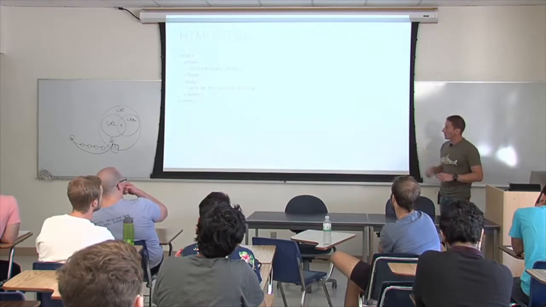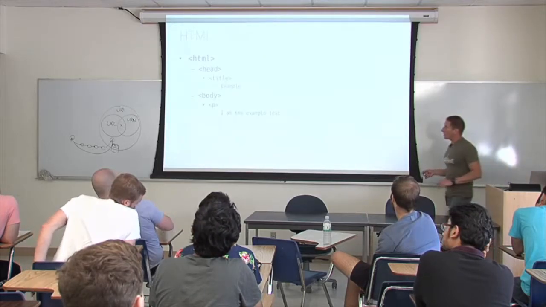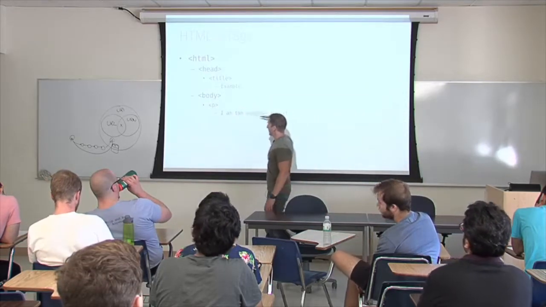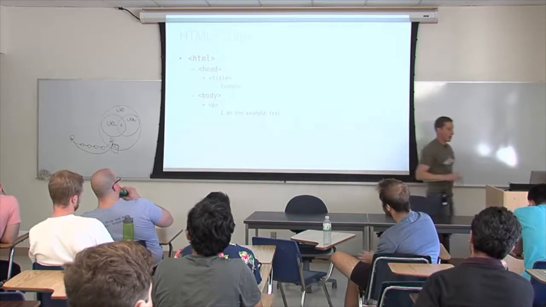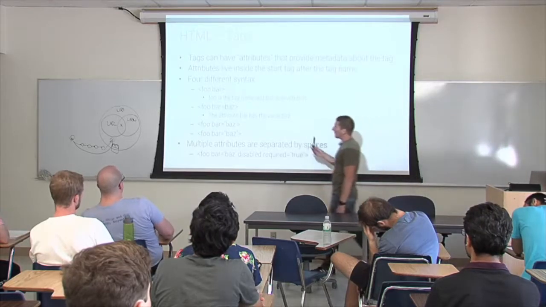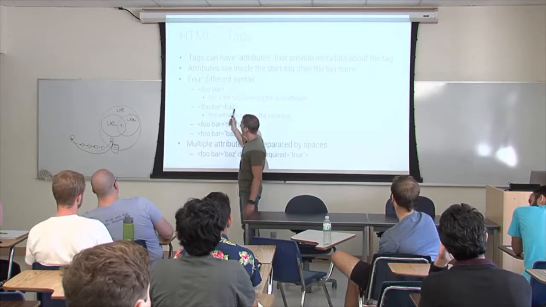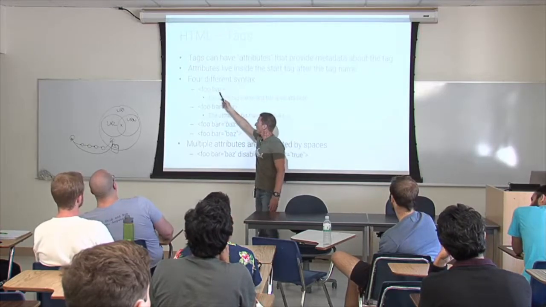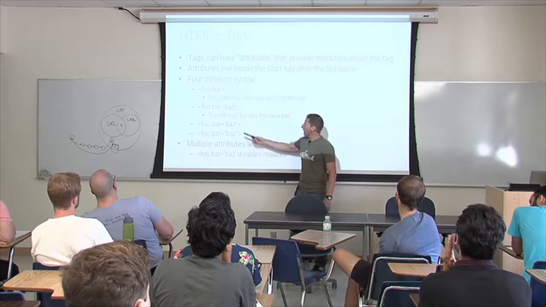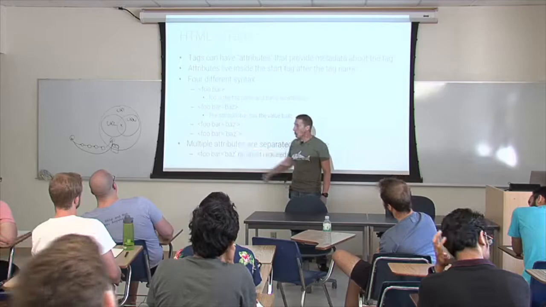This is a super simple example, which is hierarchical. You can see that there is actually a tree with the HTML, head and body, title, content, and a paragraph with example text. So tags can be in four different syntaxes. You don't see this that often. We're more used to that. But you can always have something that has an attribute that is just a name. You can have an attribute that is set to a specific value. Of course, you can have single quote, double quote.